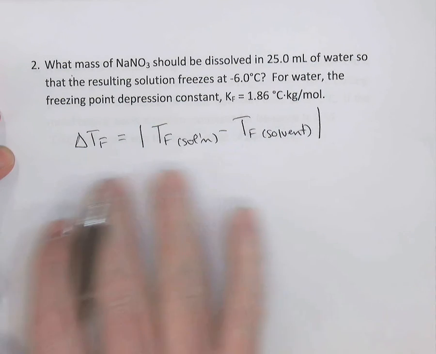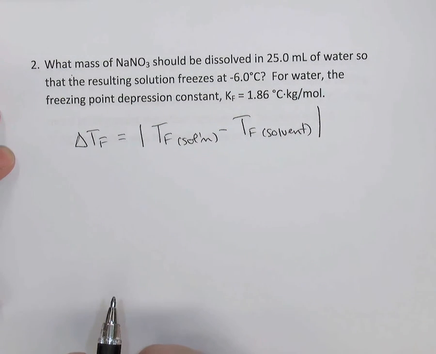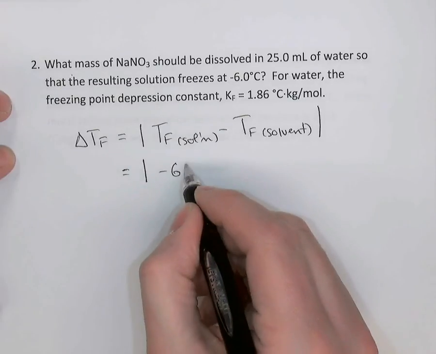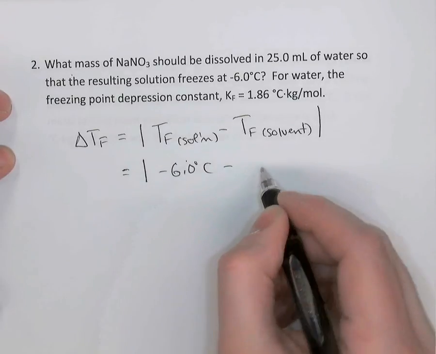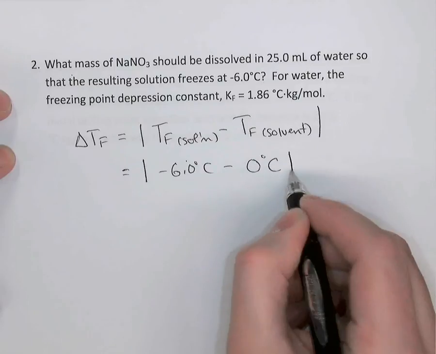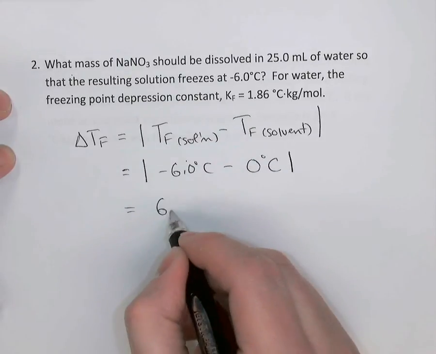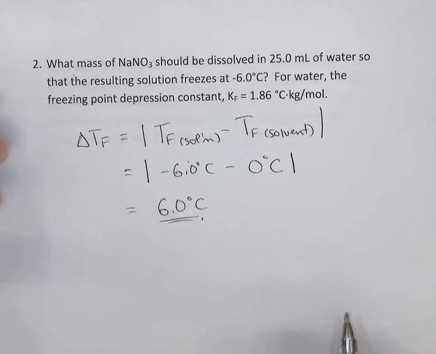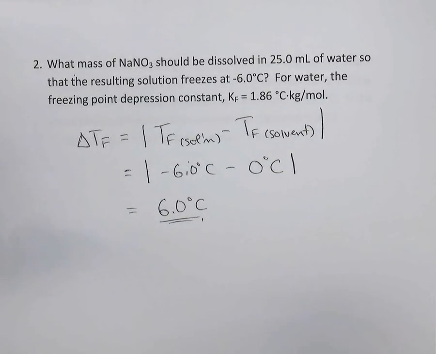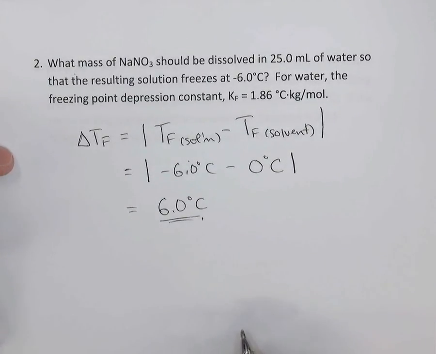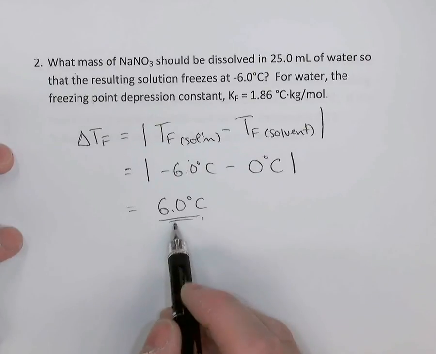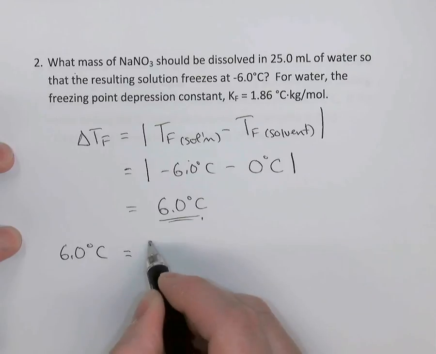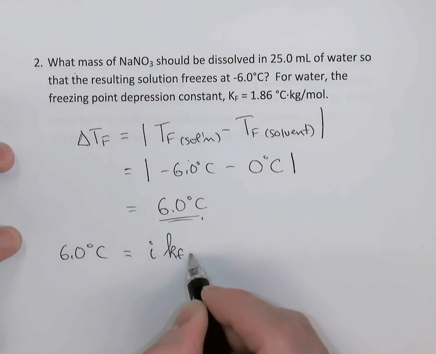Okay, just a straightforward way of finding change in anything, right? So that's going to be minus 6 degrees Celsius, take away 0 degrees Celsius, and the absolute value of that will be 6.0 degrees Celsius. In other words, we wanted a freezing point that's 6 degrees lower than the original freezing point of water. So this delta TF of 6 degrees we can put into our formula, which again was